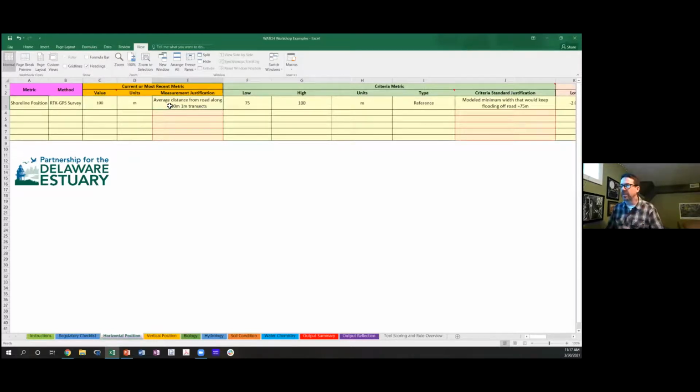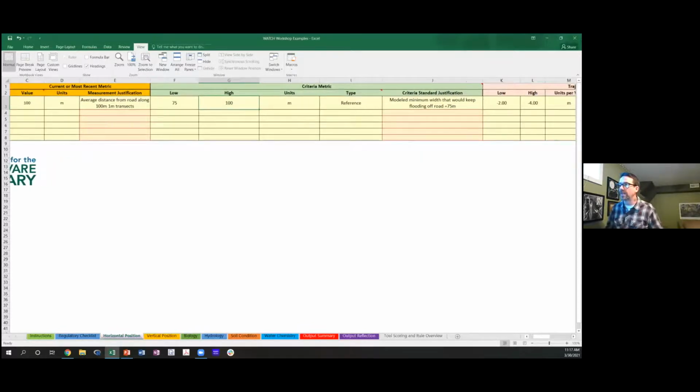It's an average distance from a variety of transects that bisect it. Now our criteria here is 75 to 100 meters. And we have that, our high is the width of the marsh right now, it's 100 meters long, but we've done some modeling work that says the water is going to end up on the road if it's not at least 75 meters wide. So that's our criteria